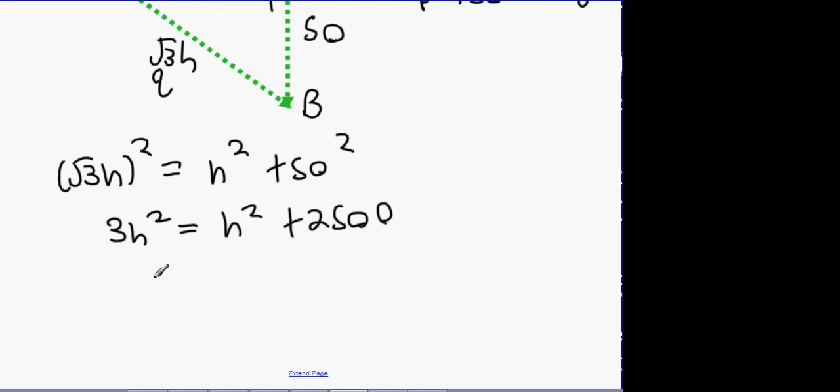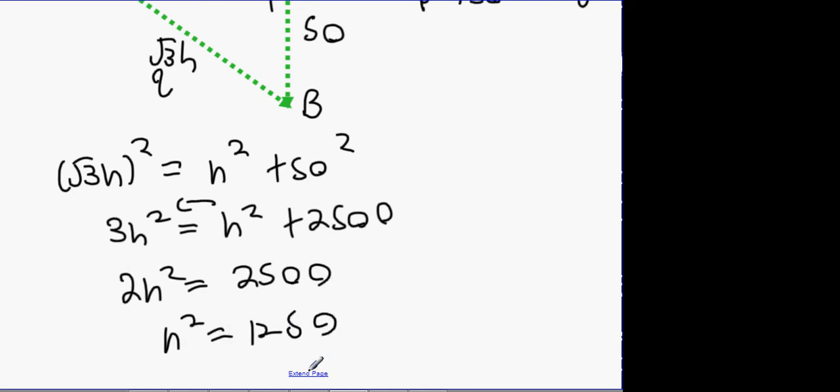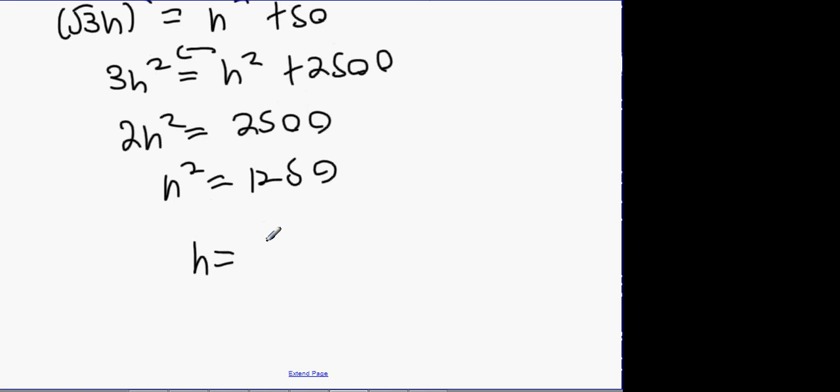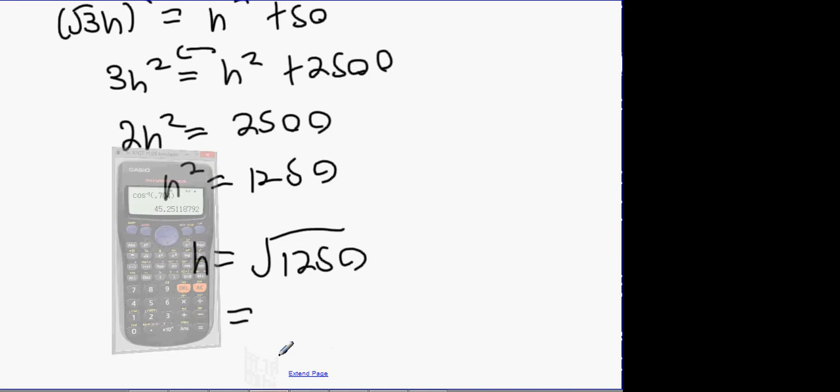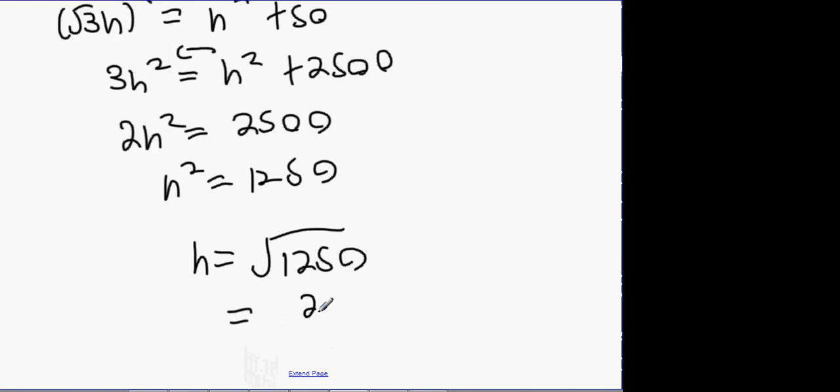So what we're going to get here is this, guys. Bring it over. 2h squared equals 2,500. H squared equals 1,250. What's h going to be then, guys? The square root of 1250. What's the square root of 1250? 25 root 2. Okay, guys. What questions did